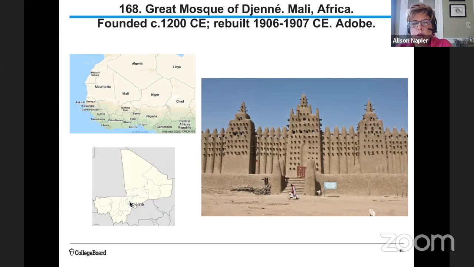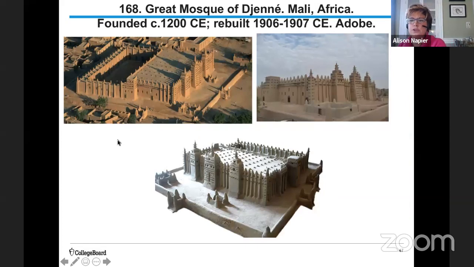The walls are thick. They provide insulation from the heat of the sun, but the rainy season can literally melt the building unless you add an additional coat of plaster. And so this will be done in an annual ritual every year to the mosque, as well as to your own individual homes and structures. So it is made from adobe and other organic material, including, like I said, mud, sand, straw, dung, rice husks. We see this structure is built